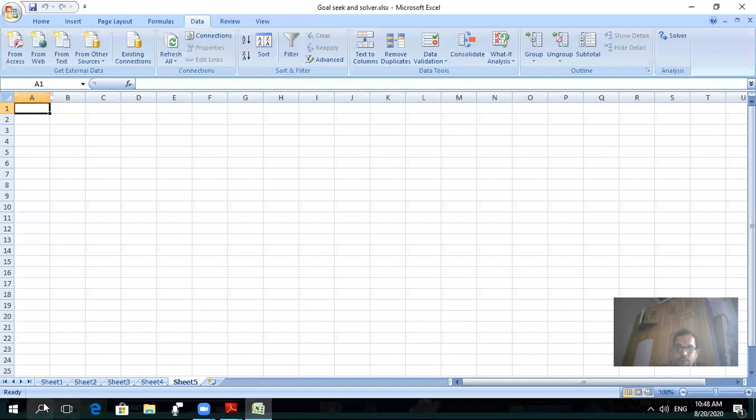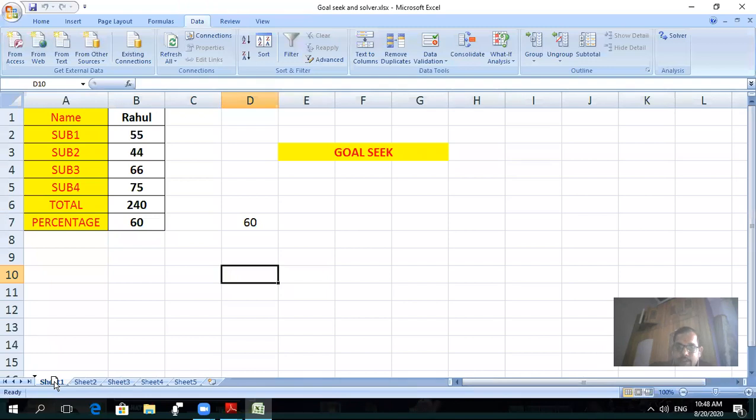Suppose that I want to move this sheet 1 from this place to the last, after sheet 5. What will I do now? Press left click on sheet 1 and then drag it. Now see, there is an arrow sign after sheet 2, now after sheet 3, now after sheet 4, now after sheet 5. This is the desired place. Here I want to place this sheet 1. Now release your left mouse button. See this, sheet 1 is shifted from the start to the end.